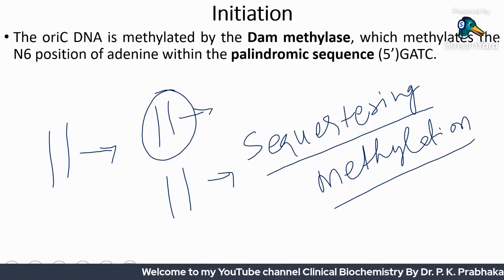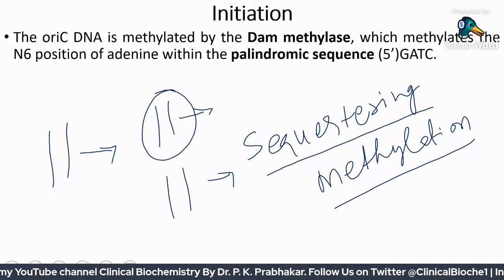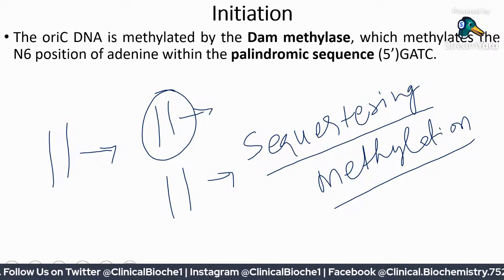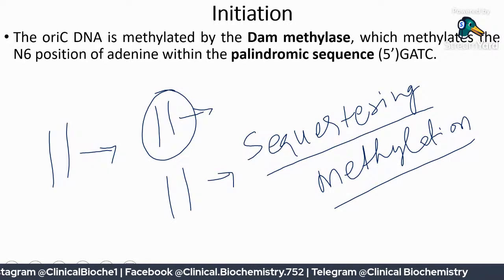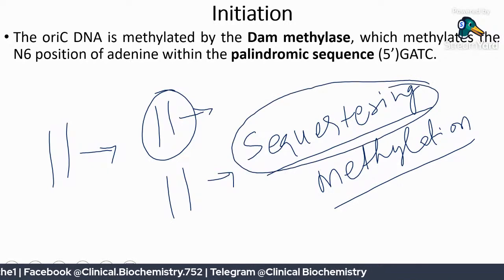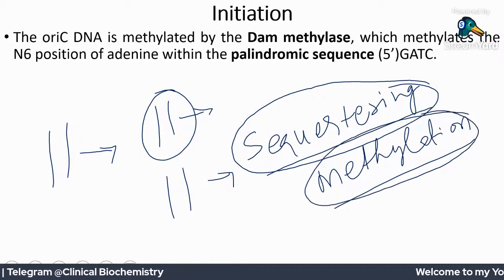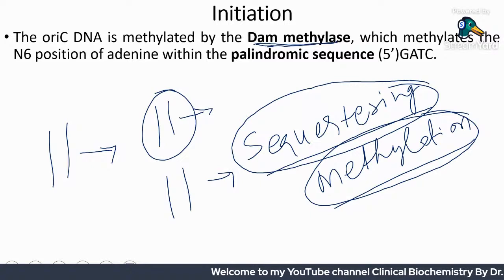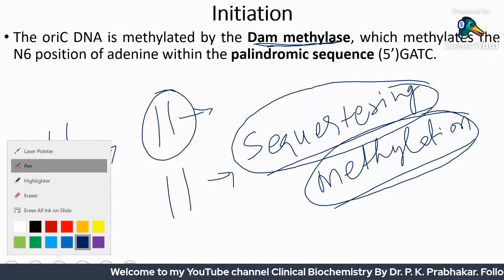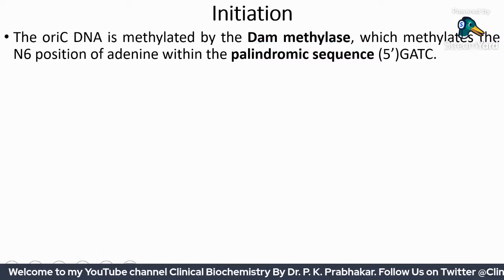ठीक है, ये इतना समझ में आया? मीन्स रेप्लिकेशन खत्म हुआ, दूसरा रेप्लिकेशन, दूसरा साइकिल तुरंत स्टार्ट नहीं होता है। 2 रेप्लिकेशन के बीच में थोड़ा सा टाइम लैप्स चाहिए होता है, पॉज चाहिए होता है। उस टाइम पॉज को कैसे देते हैं सेल को या डीएनए को? थ्रू ए प्रोसेस दैट इज कॉल्ड एज सीक्वेस्टरिंग ऑफ डीएनए। इस सीक्वेस्टरिंग ऑफ डीएनए में मिथाइलेशन का एक रोल होता है। ठीक है, Dam, और वो मिथाइलेशन कौन करता है? Dam मिथाइलेशन, जो मैंने पहले भी देखा था। इसको ये मैं बता के फिर छोड़ देता हूं आज के लिए।